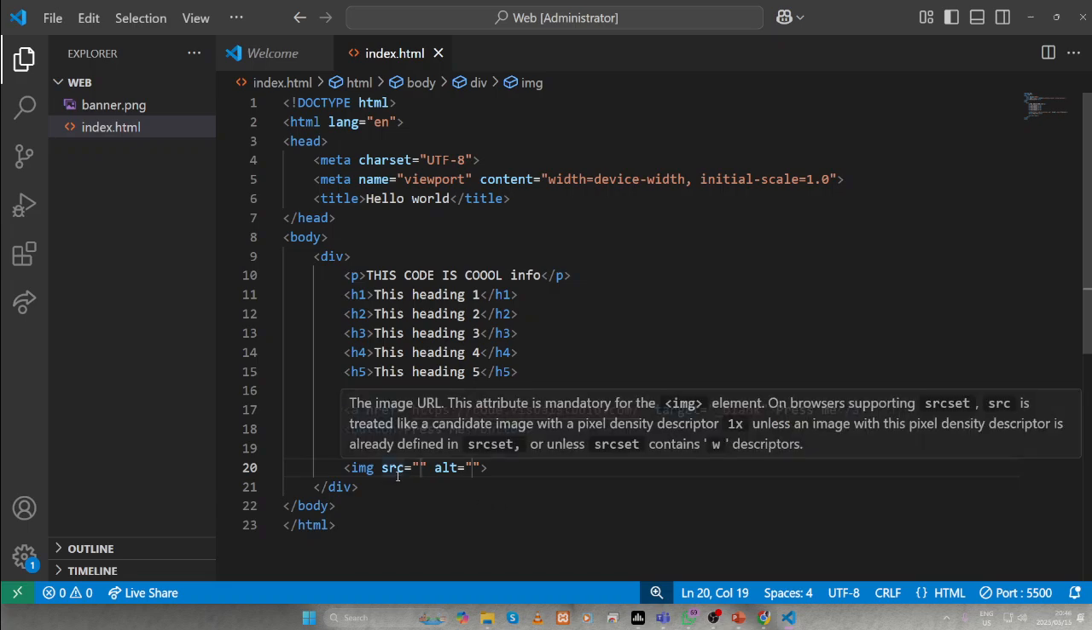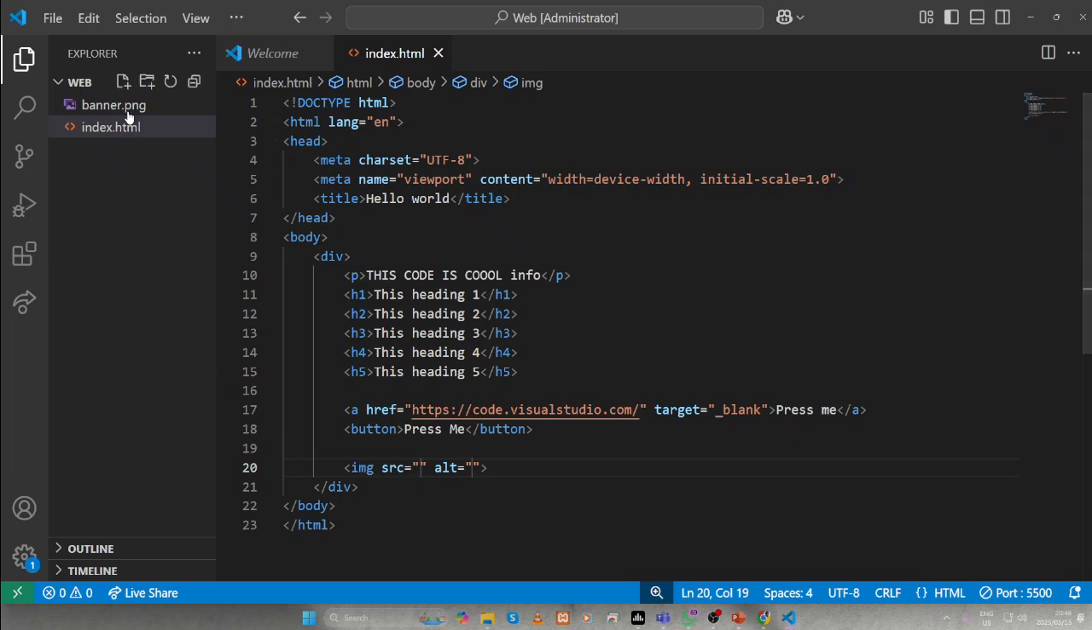Your source is where your image is located. Since we added our image inside the same folder as our index, once we go inside the source and those two quotation marks, we can press Control Space or Command Space, and you'll see the suggestions. You can see here we have banner.png and index.html. These are the same things that we see here. Once you click on one of them, it will show you that the source is banner.png. And then what's the alt tag? So the alt tag is more like